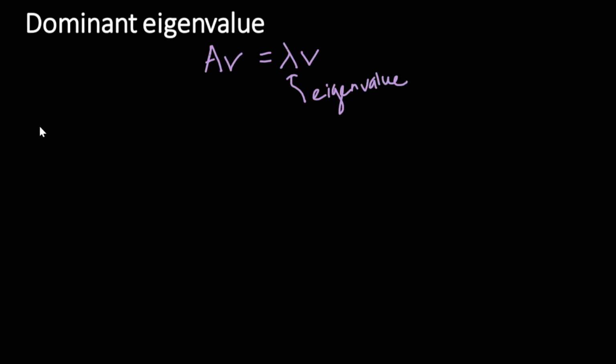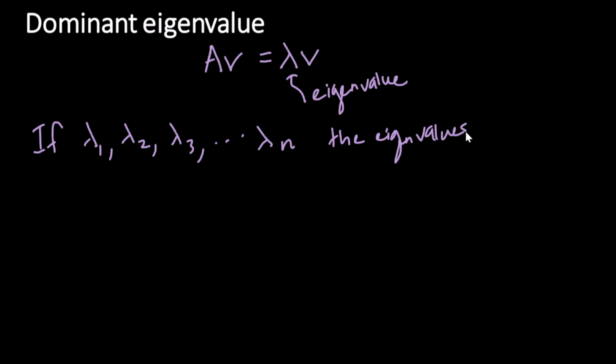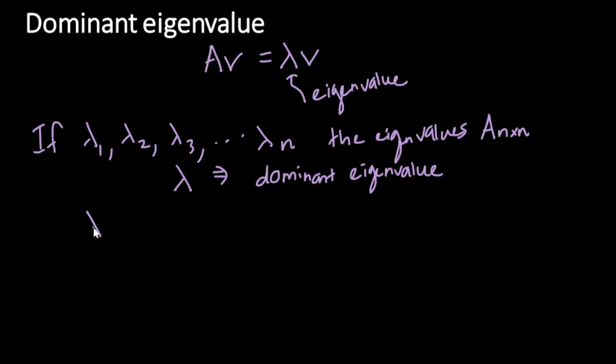Now, imagine if we have lambda 1, lambda 2, lambda 3 up to lambda n as the eigenvalues of an n by n matrix A. Lambda 1 would strictly be a dominant eigenvalue if the absolute value of lambda 1, or the magnitude of lambda 1, is greater than all other lambdas. So it's greater than the absolute value of lambda 2